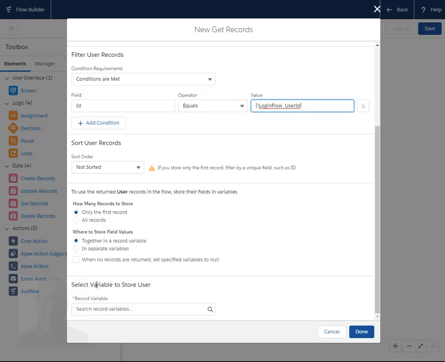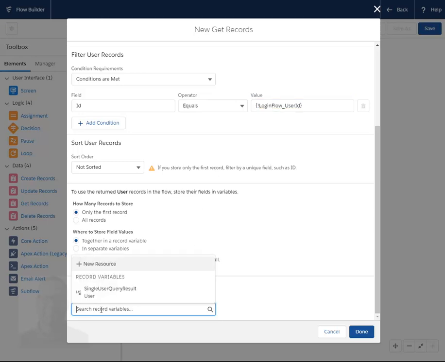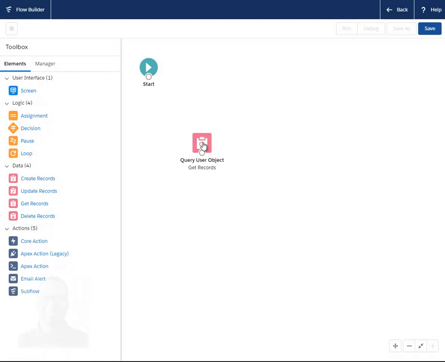Okay, and where do you want to put the results of this query? So here we're going to go find that single user query result variable that we created, and we're going to stuff the results in there. And now we're done with that, and we just line these up however you want to. And now the next thing we got to do is